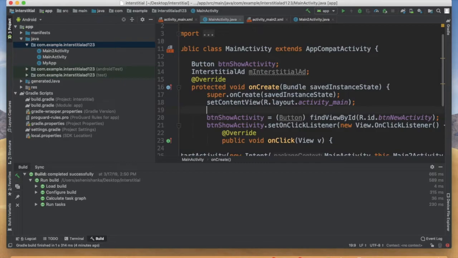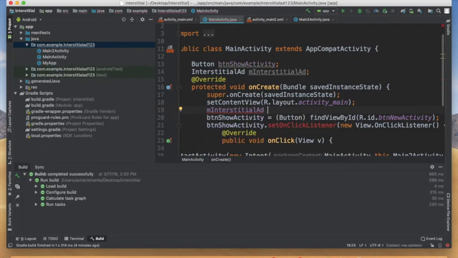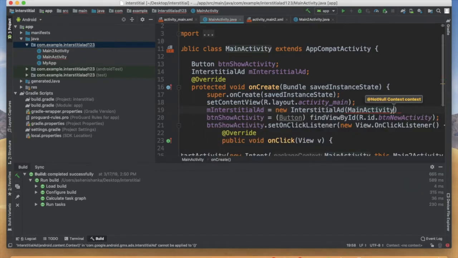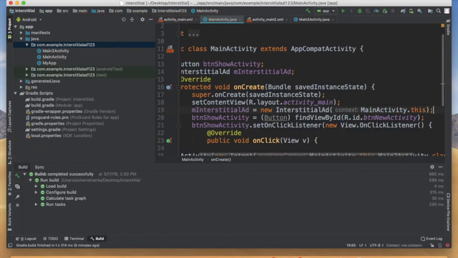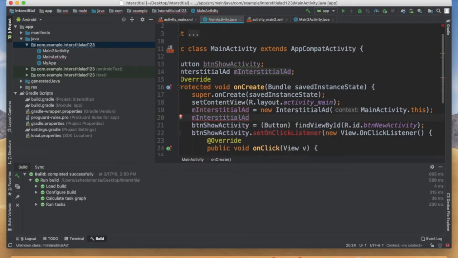In this onCreate method, I'm going to initialize this interstitial ad as a new InterstitialAd using our class name. Okay. Now to set ad unit ID,